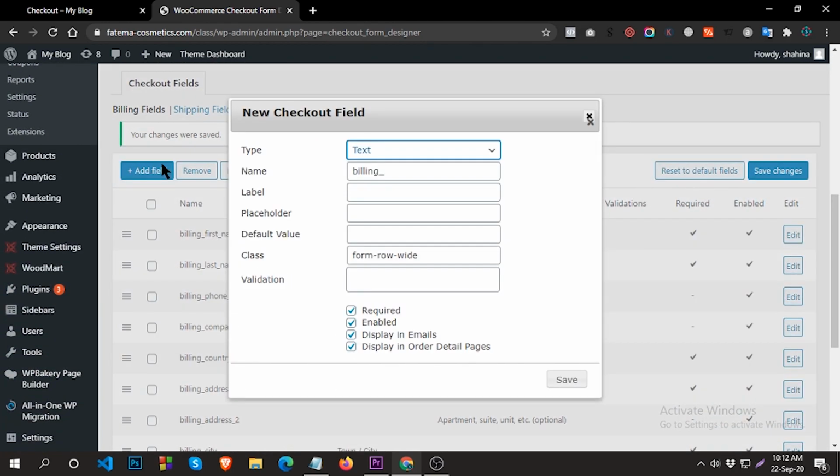You can add any other field. You can also add text.